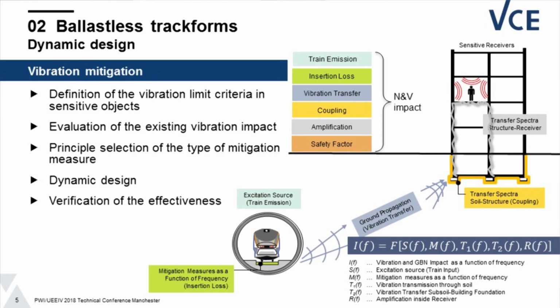Yes, one of the issues of any track systems is the vibration behavior. What happens is usually quite clear. As the train is passing, an impact is generated at the rail wheel interface, and this impact is transferred to the track system, and it excites the outer boundaries of the tunnel, which then again excites the surrounding ground.